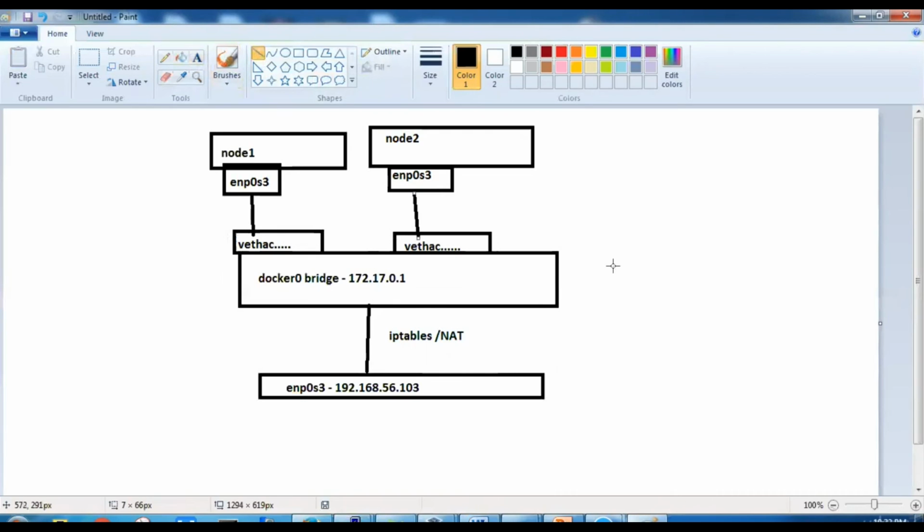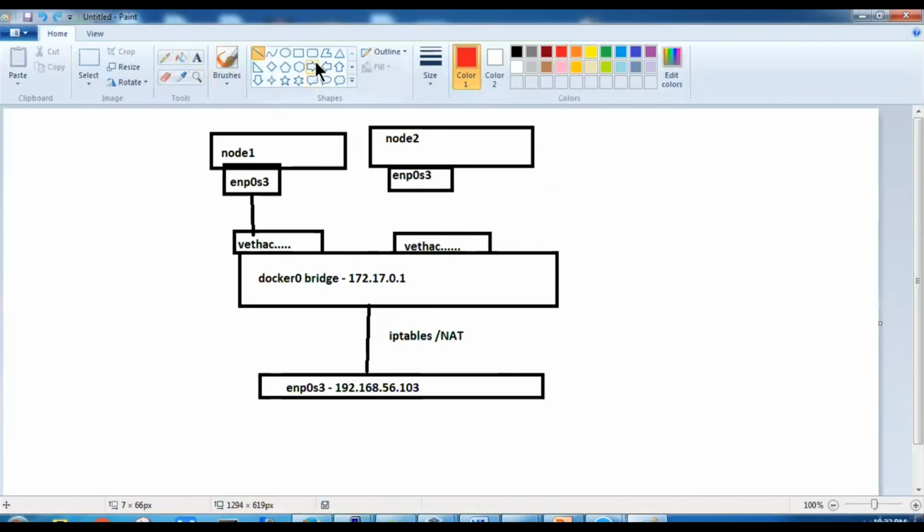When you keep creating a number of containers, it will keep creating virtual NICs, and the container itself creates one virtual NIC, and these two NICs by default get connected. If you use network equals none instead of docker0, this Docker bridge will not come into the picture and you will not be able to access it.